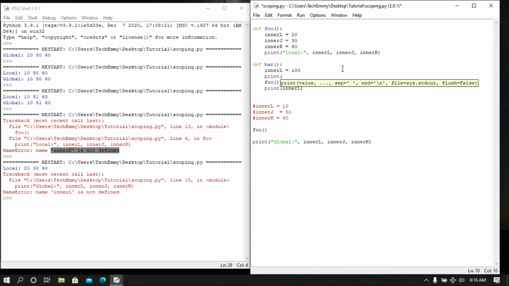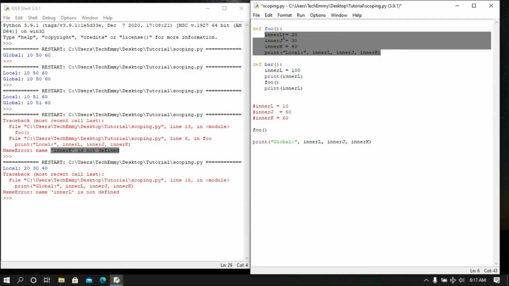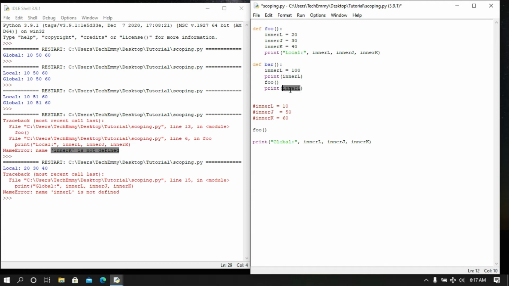Normally, what would we expect is that when we run our code, we print 100 here, then we call our function. Yes, you can call functions in functions. So when we call this function, we trigger this. But normally we're expecting that this inner L is redefined here, and then this inner L here is changed to 20. But in this case,